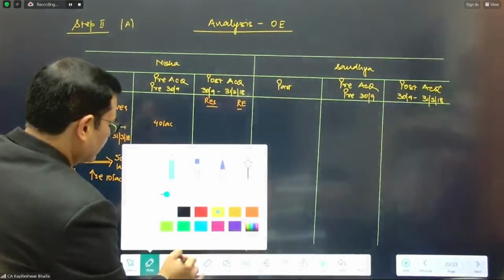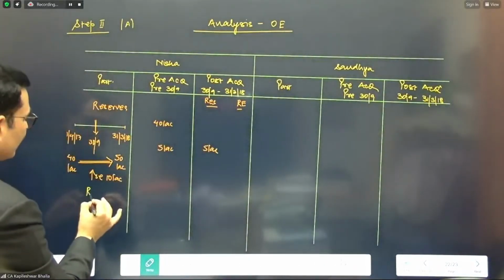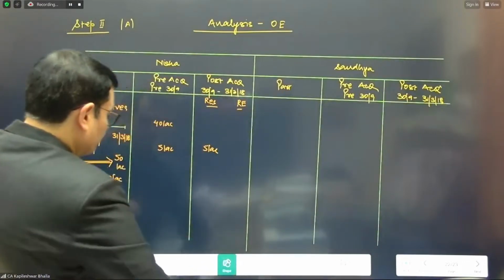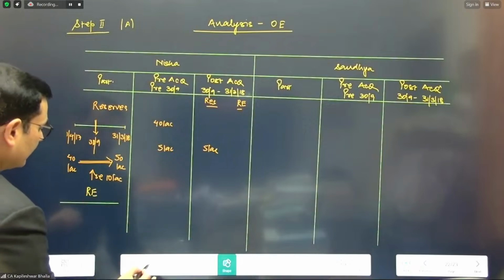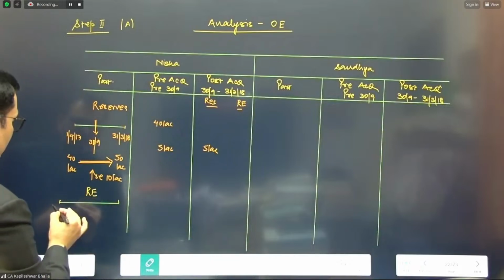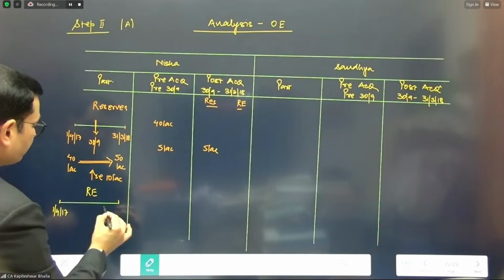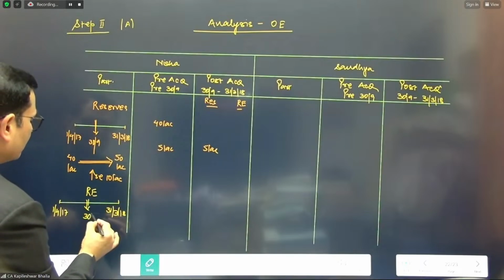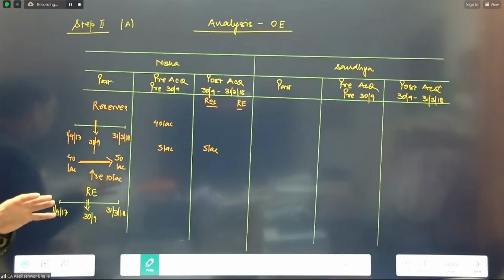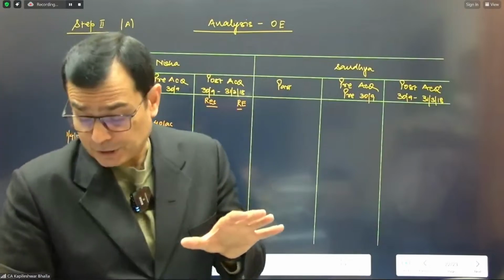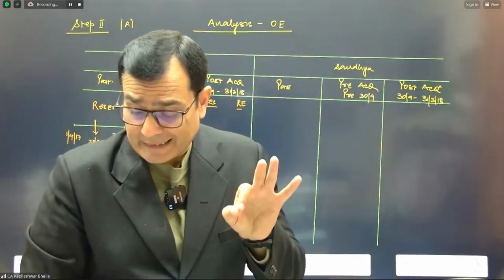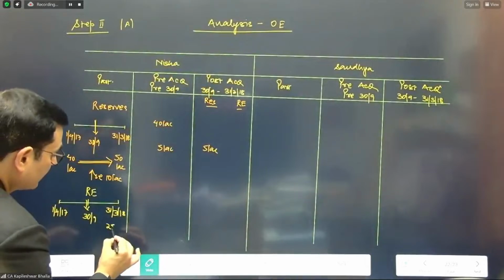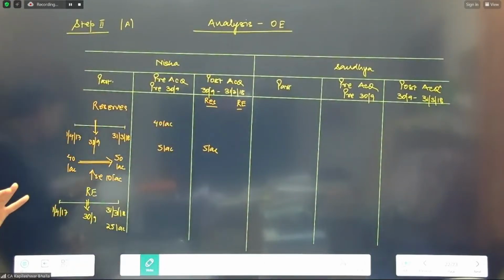Now let's go to the next item in the balance sheet, and that is retained earnings. Again, we're going to consider a time scale for this purpose. So let's consider a time scale and get the dates. So this is on 1st April 17 beginning, and this is 31st March 18, and in the middle of the year is the date of acquisition, 30th September. So let's again look at what is given in the balance sheet. So we can see the retained earnings in the balance sheet is appearing at 25 lakhs. This is the status at the balance sheet date.